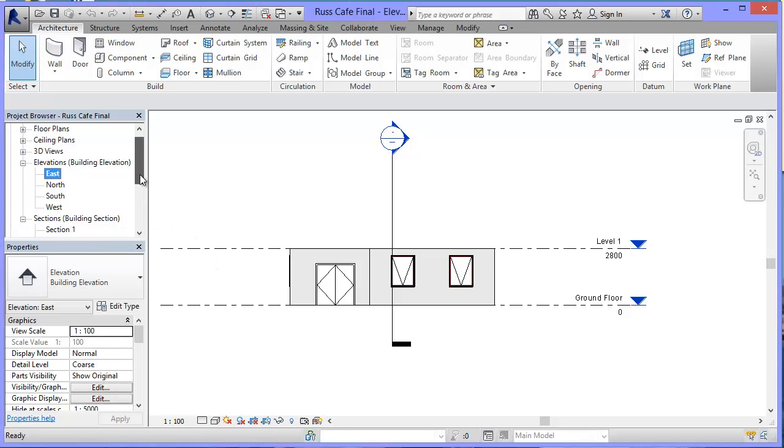Okay, so we've seen that there's different views that we can have here. Now section views, we haven't done them yet. A section view is when you take a line that goes through a building, so it looks like you've cut it in half, so you can see what the wall thicknesses look like and so on. And there's also 3D views